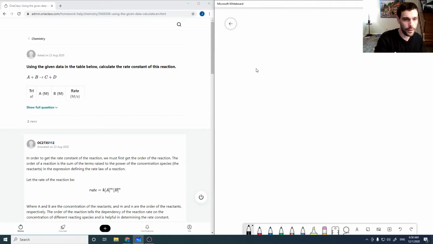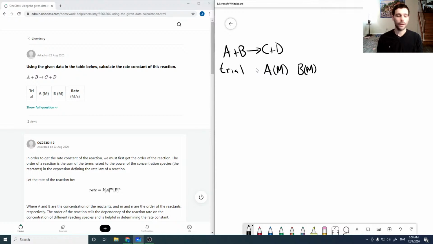Alright, so here we have a rate solving question. We can't see the question here, but I'll draw out the table. So we have this equation, just a general chemical equation, and we're given 3 trials and initial concentrations for each of the 2 reactants and a measured rate. So for trial 1, 0.250, 0.200,